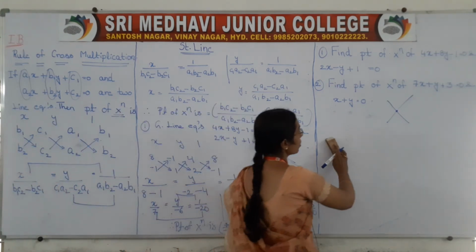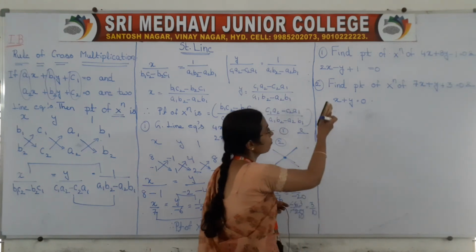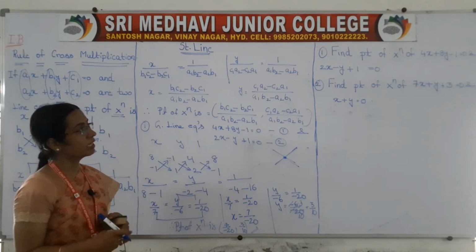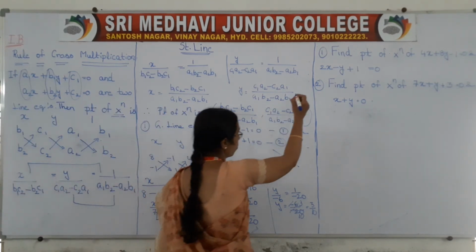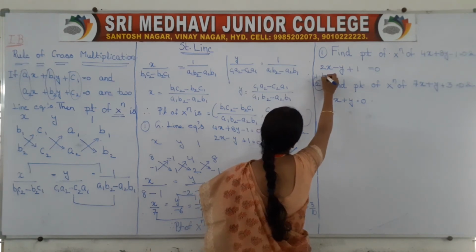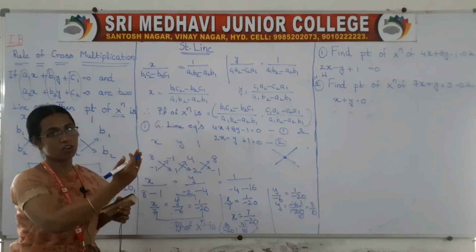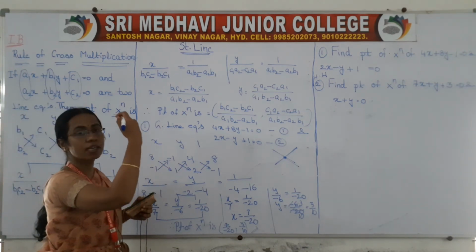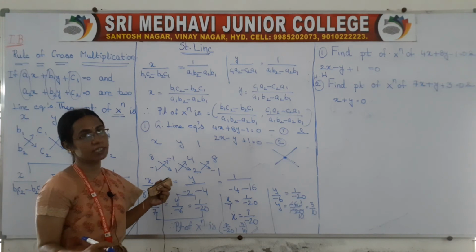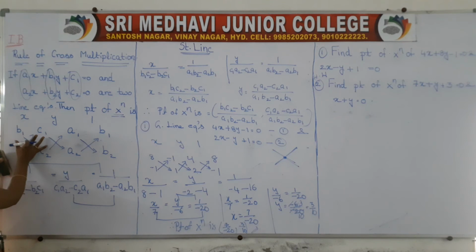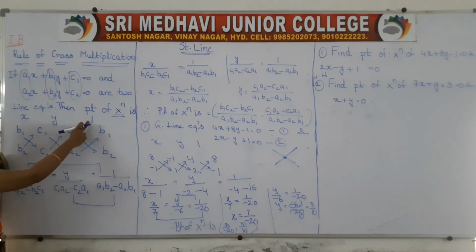So, one more problem is there, right? Find out the cross multiplication method for this, by taking it as homework. Same procedure you have to do, right? First you take y coefficients, then you take constants, then you take x coefficients, again y coefficients. After that you apply this formula. We have to write in between these two, x should be taken, in between these two y should be taken, in between these two 1 should be taken.